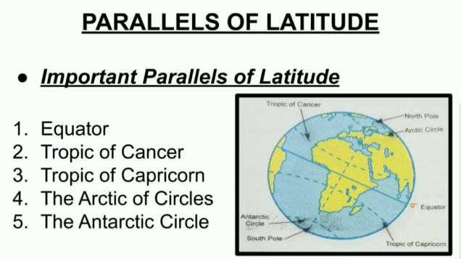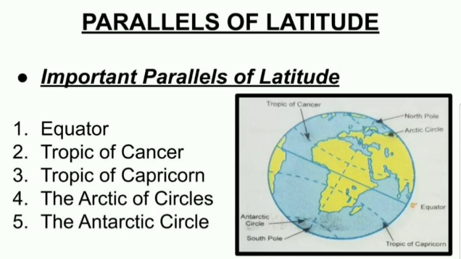See, what do you mean by latitude? Latitudes are horizontal. They are first of all imaginary lines. I explained this to you earlier in the first part. So the latitudes are horizontal imaginary lines which are drawn east west, and they are parallel. Parallel means what? They don't cut each other.